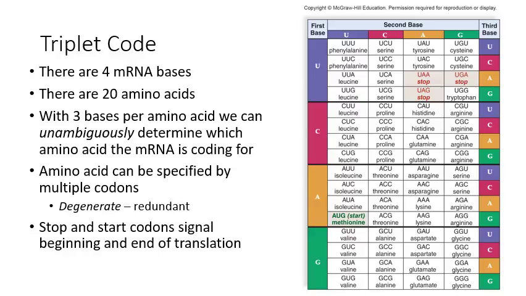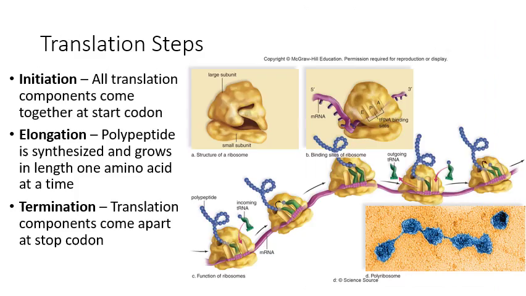So I just wanted to talk a little bit about the steps involved in translation, and then do an overview, and then we can watch a summary video. Sound fun to everyone? The 3 steps of translation are initiation, elongation, and termination. Very similar to what we had in transcription, but they're a little bit different here. So at initiation,